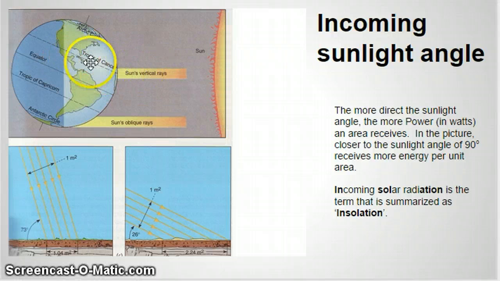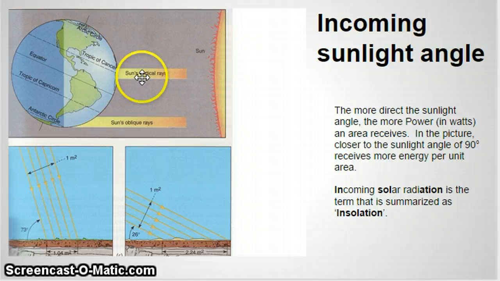If I look at this picture, I see the Tropic of Cancer is receiving sunlight at a 90-degree angle. This tells me that this is June 21st, or the summer solstice. In this case, the more direct the sunlight, the more power, which we measure in watts, an area receives. The picture closer to a sunlight angle of 90 degrees is going to receive more energy per unit